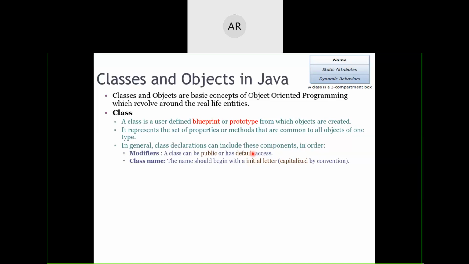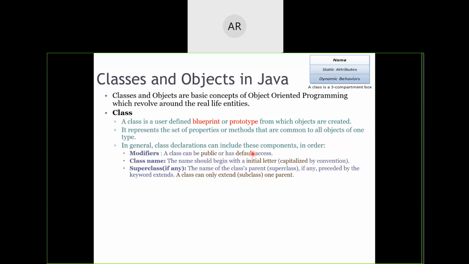Second thing that is required in the class definition is the class name. This class name should always start with a capital letter. This is a mandatory thing that you have to follow. Then, if the class is going to acquire the properties from some other classes, then you need to mention those super classes also.